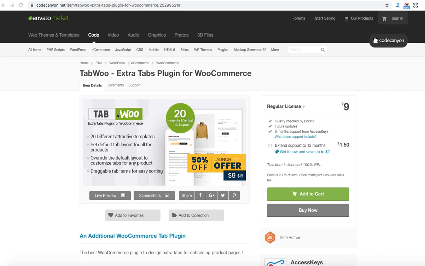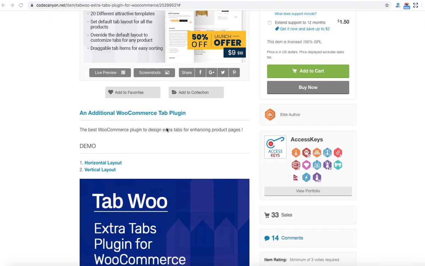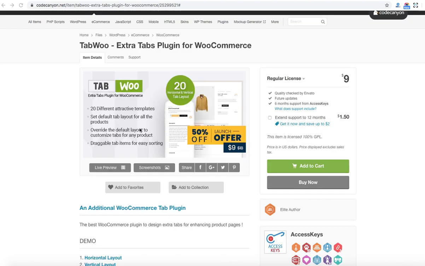Hello everyone. Today we are going to discuss a very useful plugin for WooCommerce. This is TabWoo, extra tab plugins for WooCommerce. So basically, if you are using WooCommerce for your online shop, an e-store, or a store,